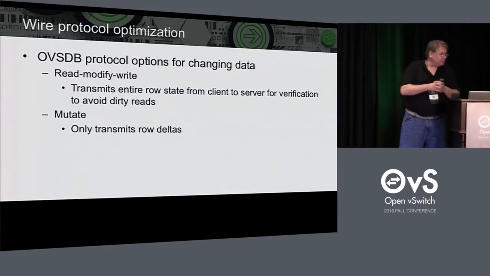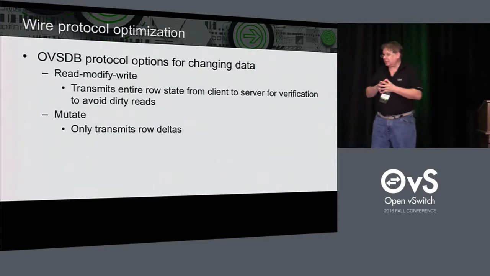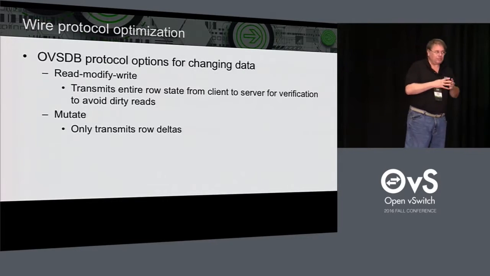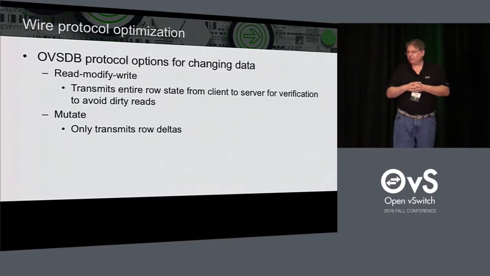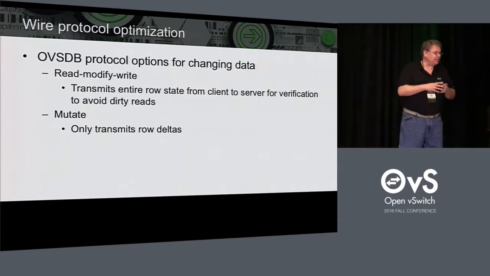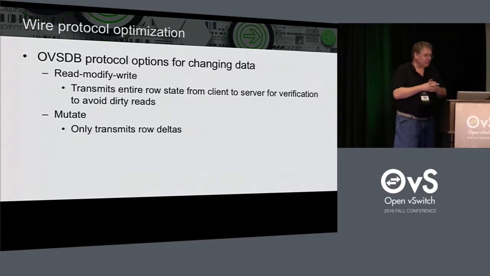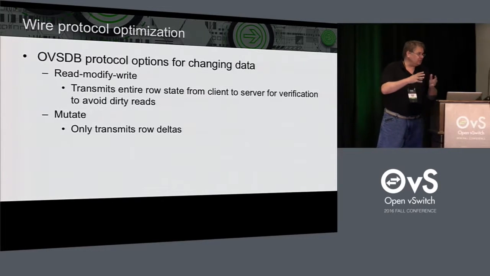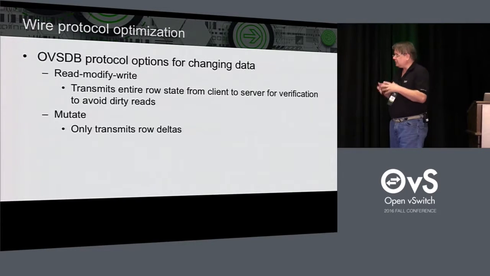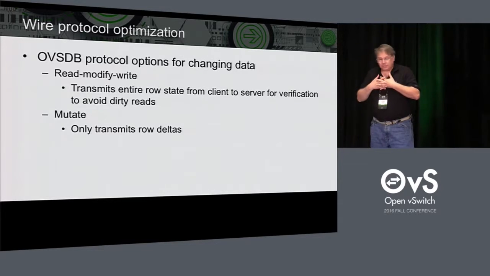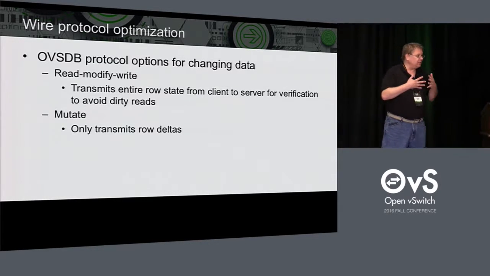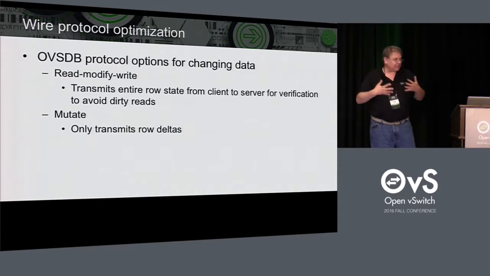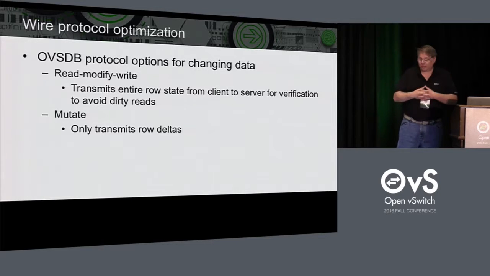One of the problems we ran into when we tried to run scaling tests was that very quickly we overloaded the path from the networking OVN control system to the northbound database. And that happens to be because OVS DB makes use of read, modify, write to make sure that the data is clean, and that ends up causing you to transfer the entire state of the client, especially when you're trying to add lots of ports to a network. You also have mutate out there,